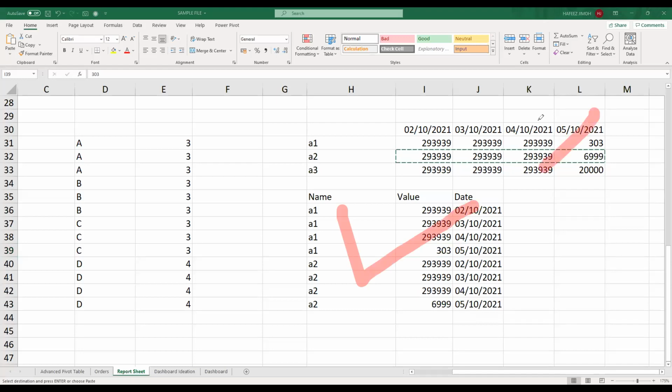And not like this. So if you are in the organization you work for, if they are storing data like this, this very first one,